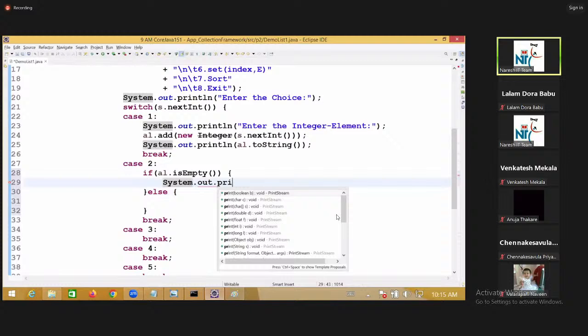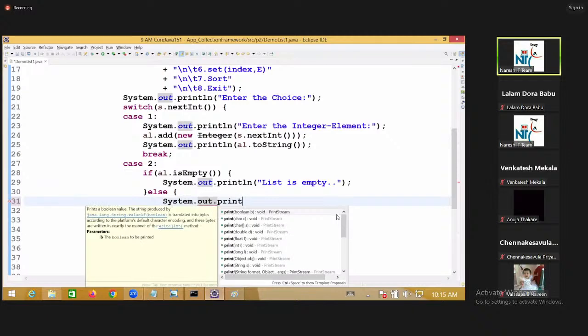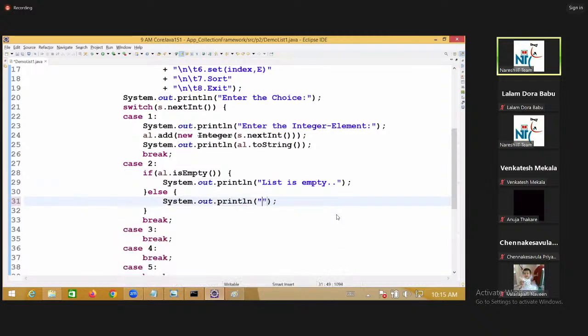System.out.println("list is empty"). ArrayList is nothing but the List family, no? List is empty. You cannot insert one element by index where elements are not available. If elements are there, the index will be there. Now, if the list is not empty, then you enter System.out.println,